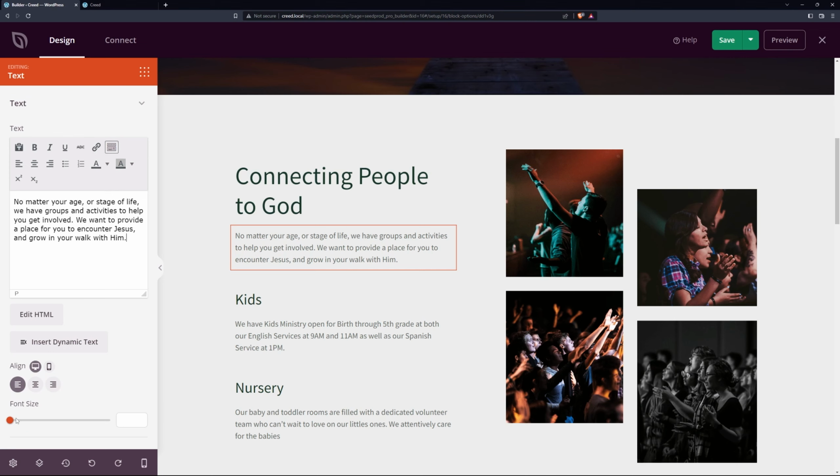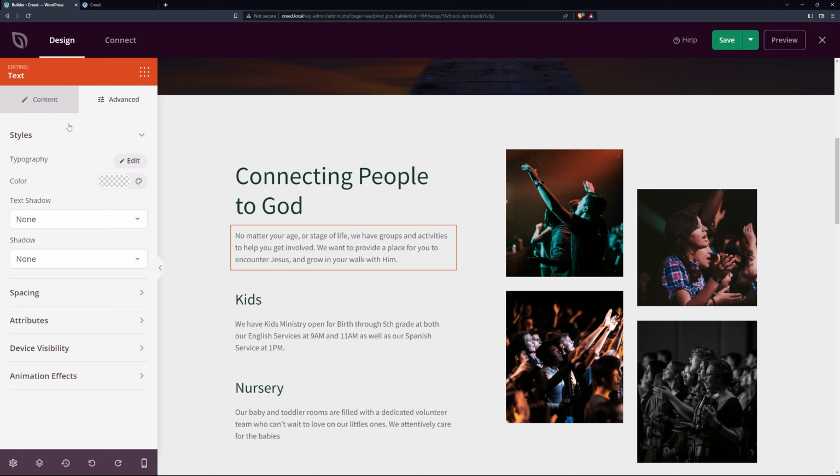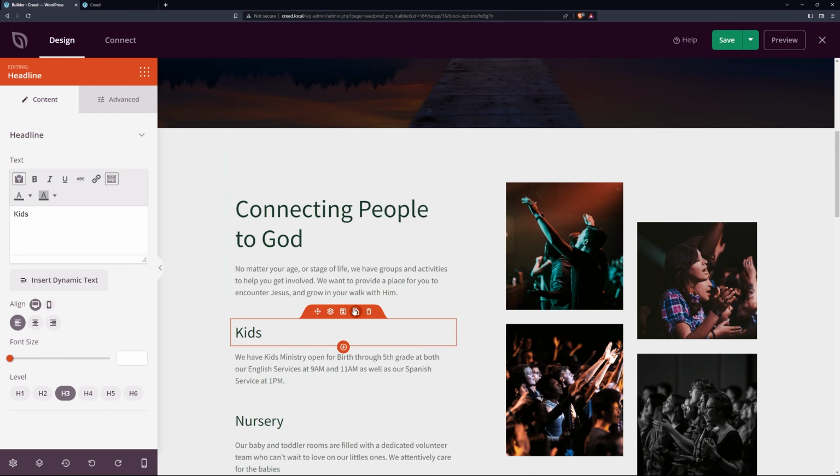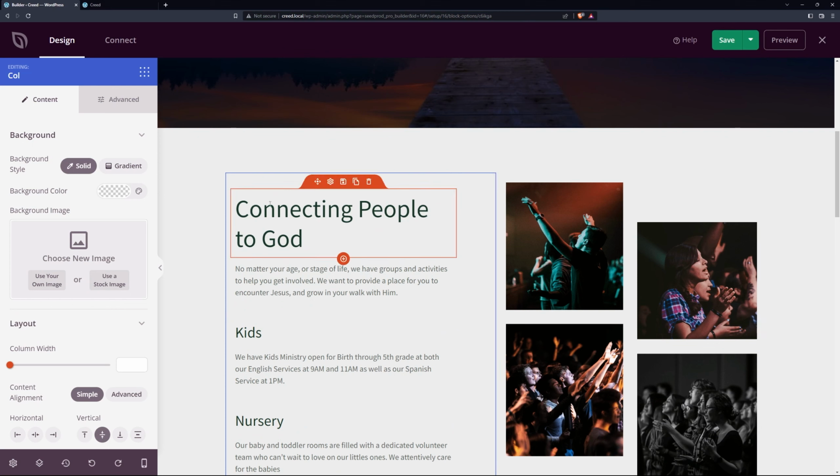We also have alignment and the font size, so you can change those, as well as advanced options to make sure that you get your text just right. Down here, we have the exact same headline, except it's a smaller headline. It's an H3 instead of an H1 like this one. More text. And you can see that this is all contained in a column, and you can modify the layout